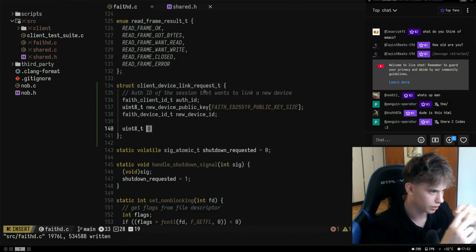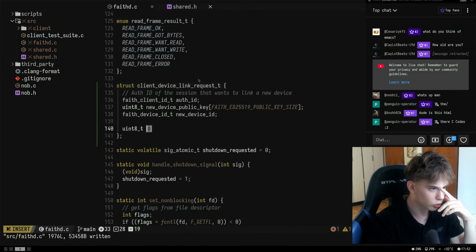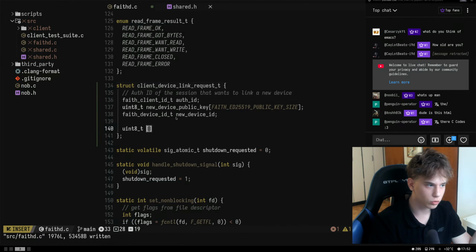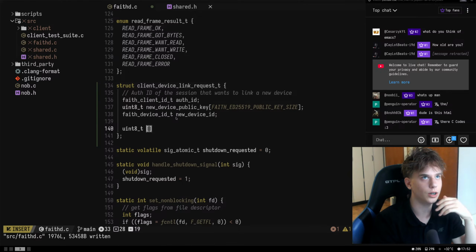Because we want the server to generate that, and then it gets sent to the device that should approve that request, and it should sign it with the code, and then the server tries to check if the signature is valid with the same code. So yeah,